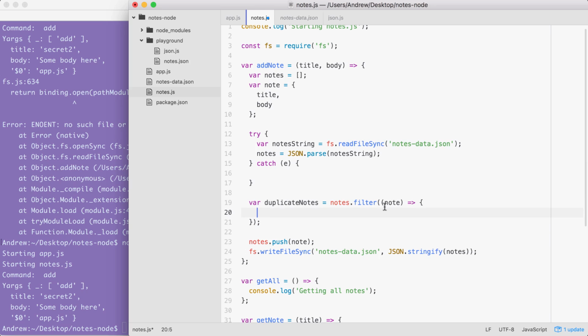This function gets called once for every item in the array, and you have the opportunity to return either true or false. If you return true, it's going to keep that item in the array, which will eventually get saved into duplicate notes. If you return false, the new array it generates is not going to have that item inside of it. All we want to do is return true if the titles match, which means we can return